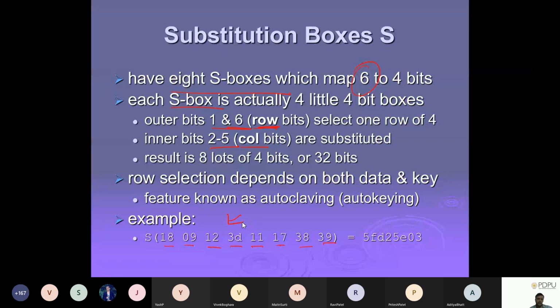From hexadecimal to binary, how many bits do we require to represent one number? 4. Excellent, so we require 4 bits. Now how many digits are there? You can see here it is 2 into 16, 16 numbers are there. So I am claiming that this is actually 48 bits. Did I miss anything?